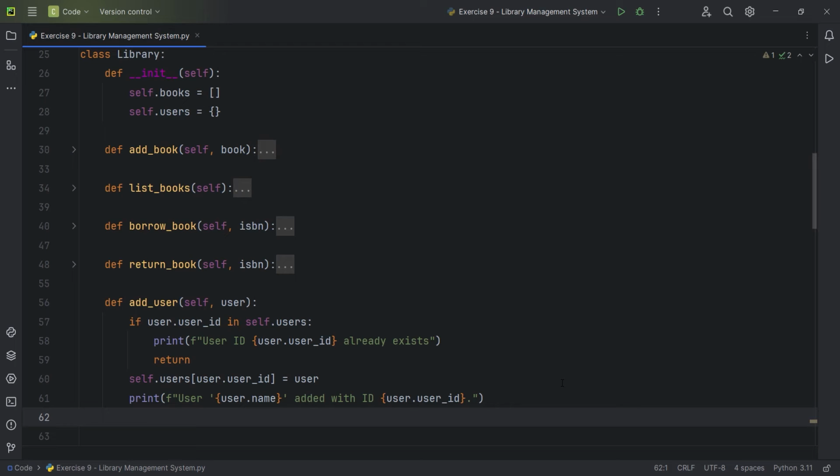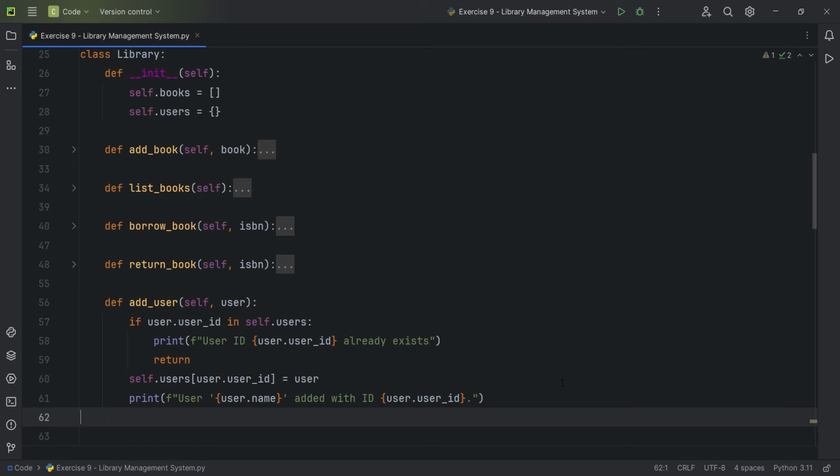Okay, so in here we define a new method that is the add user, and we do it inside of the library. Why didn't we do it inside of the users? Well, because this is where we are going to be managing our users inside of the library. Now, when you're building a more complicated system and there are much more intricate ways of creating a user and books and etc., you would create a separate class that would manage books, that would manage users,